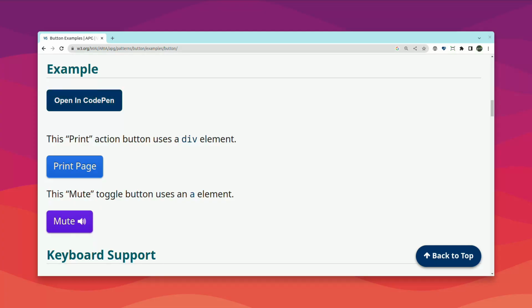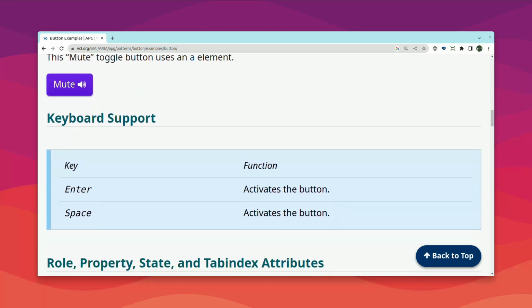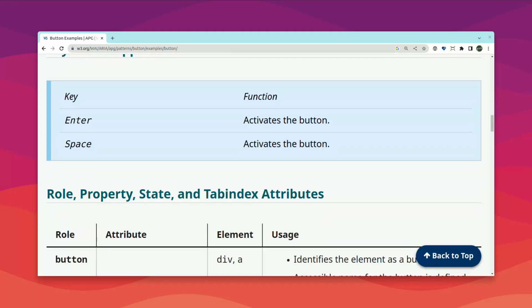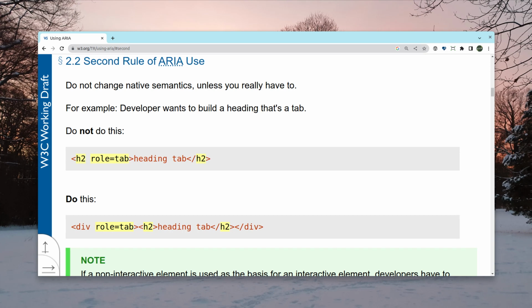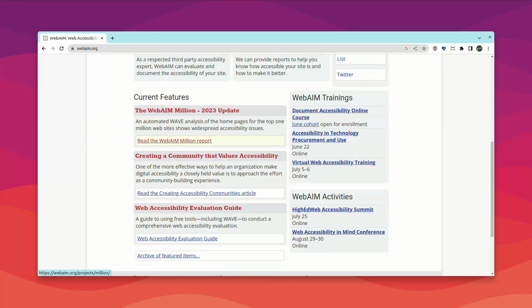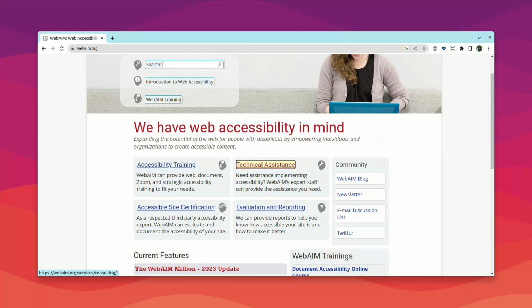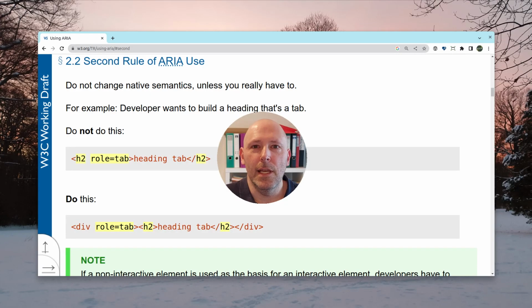If you change the native semantics, you need to provide all the styling that the native element supports, as well as providing the relevant keyboard controls the role supports. A link made to look like a button, for example, does not have the styling that buttons have for all the different states, and also has different keyboard controls. A button can be triggered with Enter or Space, but a link can only be triggered via Enter. By default, pressing Space on a focused link will just scroll the page. Yeah, that really useful ability that no one ever needs.